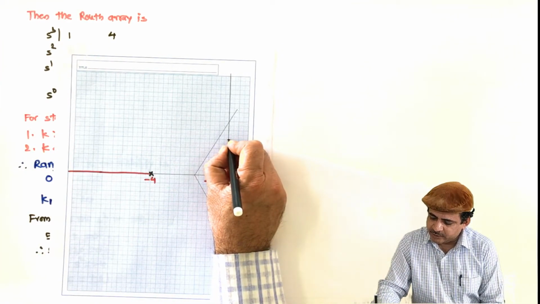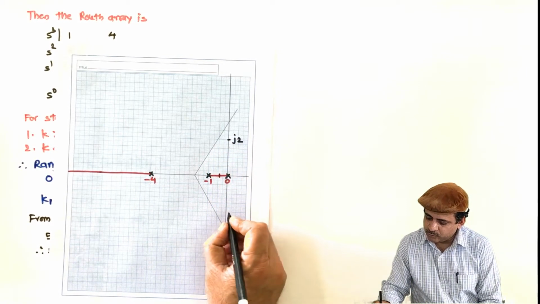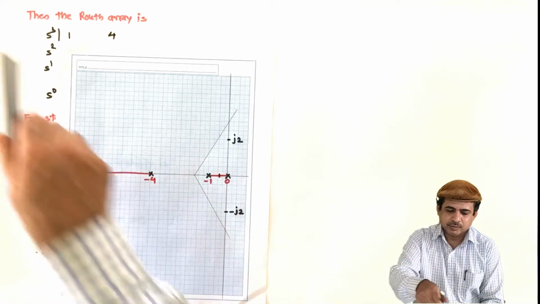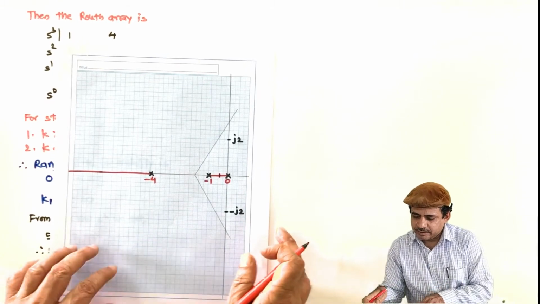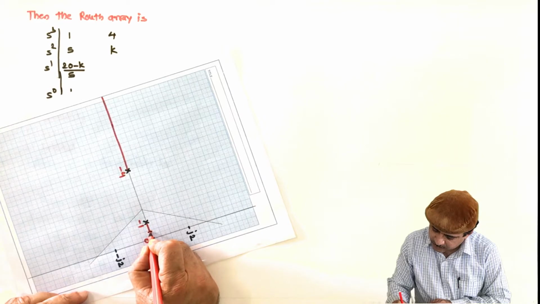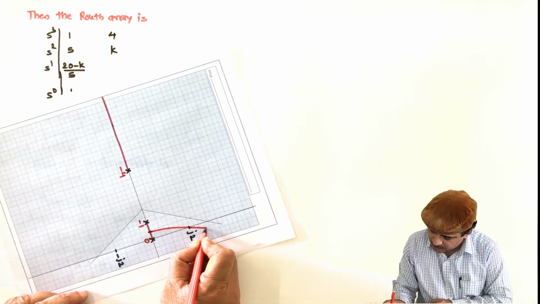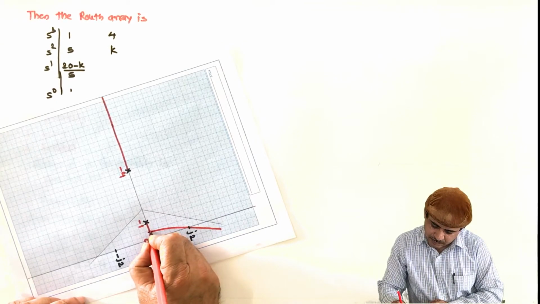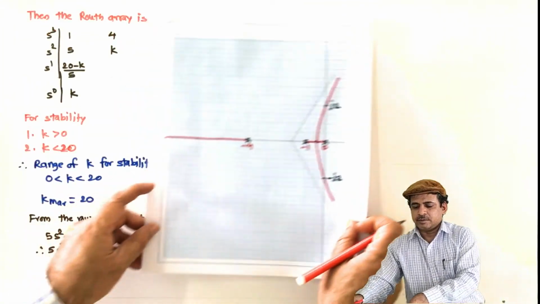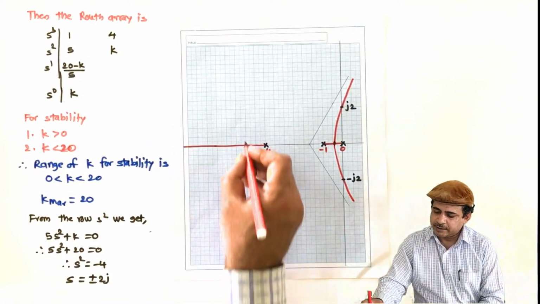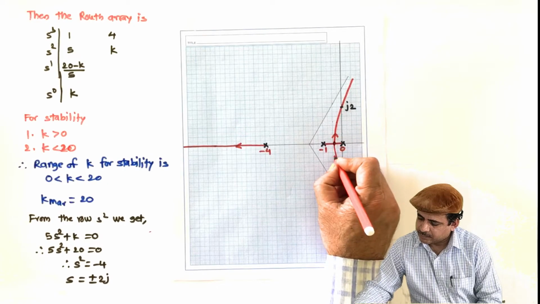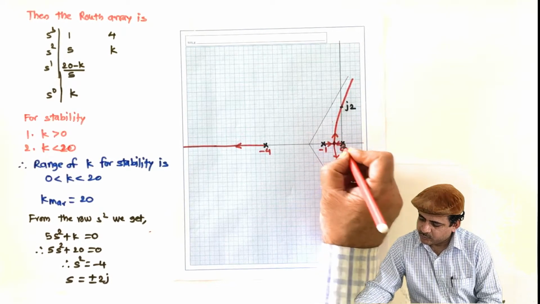towards the intersection with the imaginary axis, which is j2 and minus j2, and with free hand it will be moving like this. Done. So this is the root locus, and the directions will be like this. This pole will move here, this will move here.